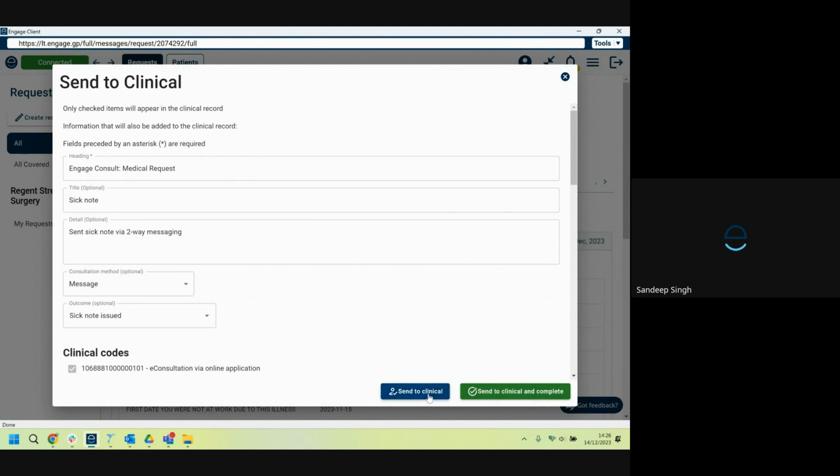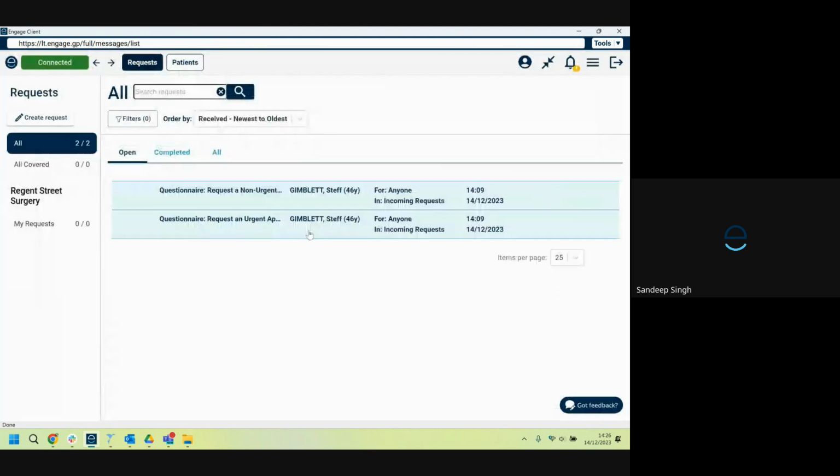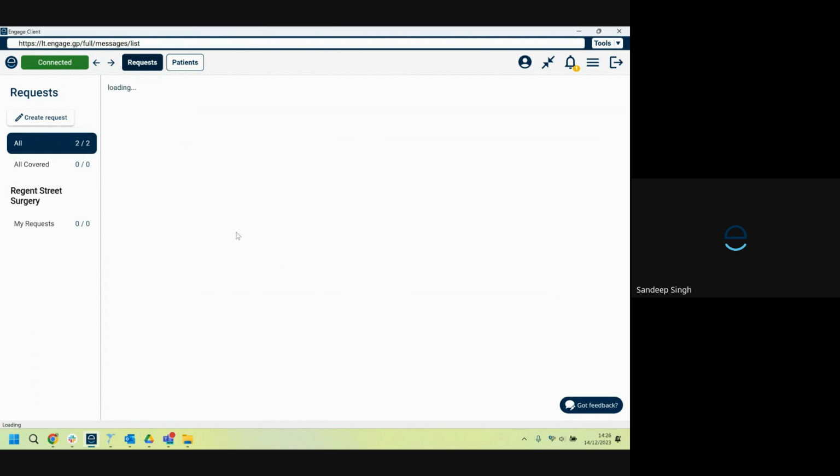So that's that done. We can send to clinical and return to the request, or we can send to clinical and complete the request. In this scenario, we'll do that. And that's that. That's now completed, uploaded to the patient's clinical record. Patients received their sick note. That's all done. Next one we'll look at